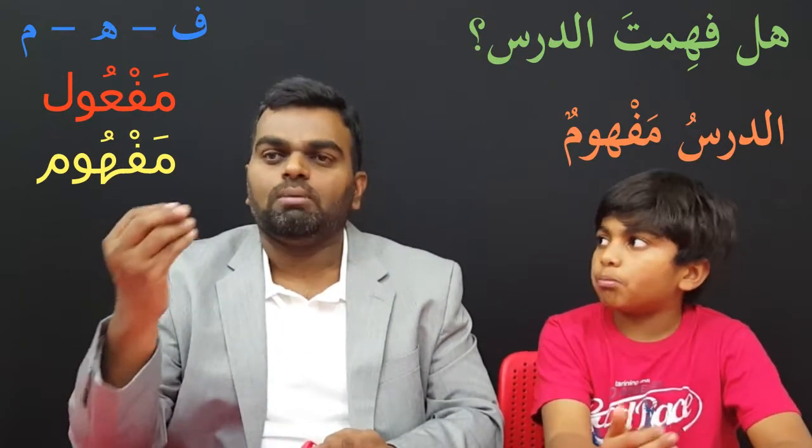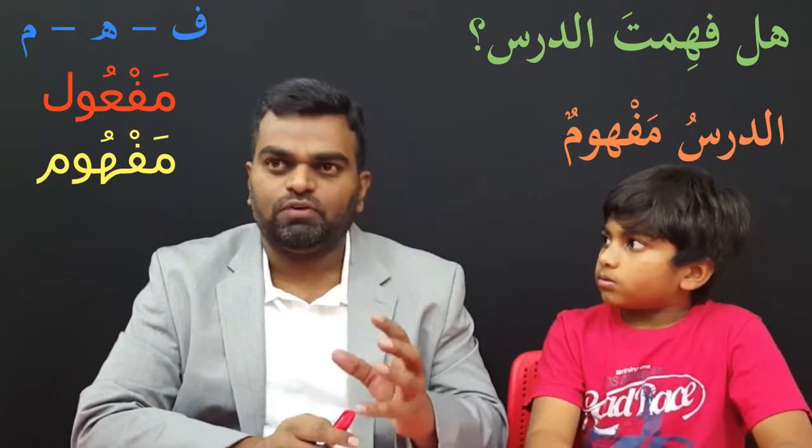So, how would you take these three letters ف ه م and put them in the pattern of maf'ul? So you take fa and lam and replace with fa. Exactly. Ha and mim. And so what happens? What is the word? Mafhum. Mafhum. Mumtaz. So you would say ad-darsu mafhumun. Okay? So you actually summarized it beautifully: you take a verb and use it as an adjective for a noun, but it must be in a certain pattern. Ism maf'ul. Okay, so now a few more examples.